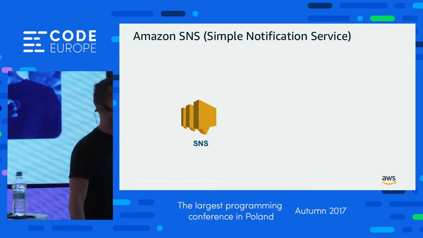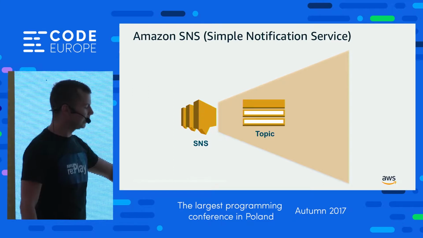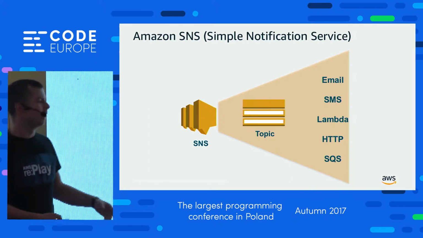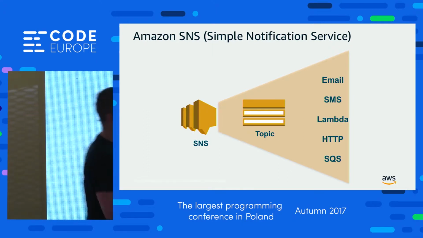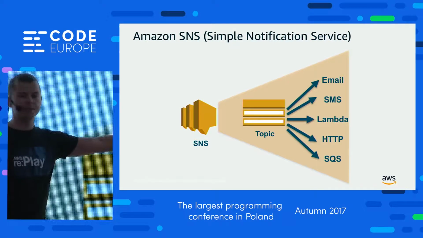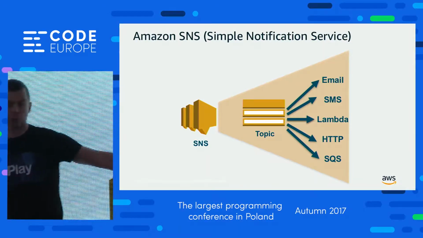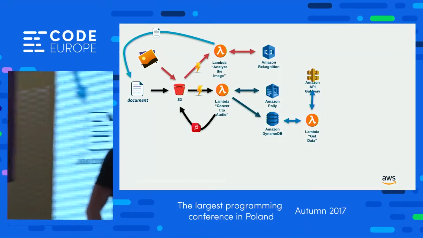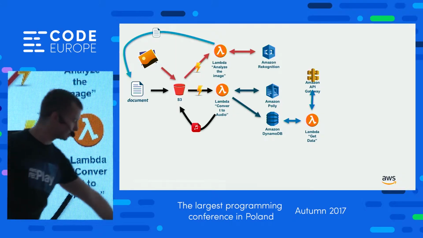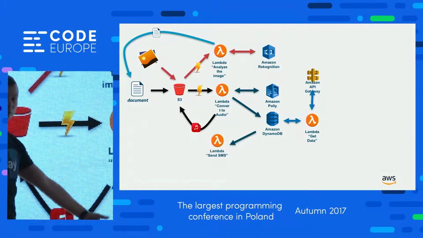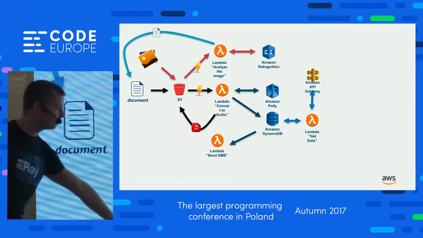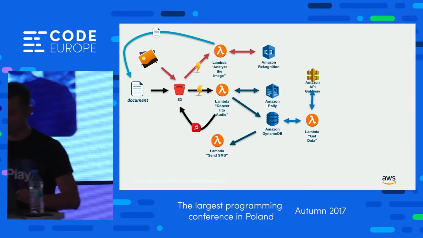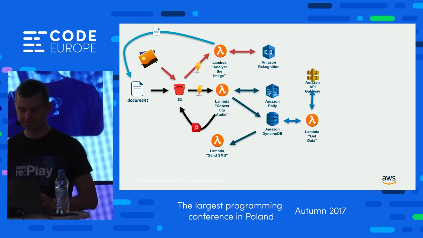So we'll use a really simple service, which is called Simple Notification Service. And in short, it's working like this, that we are creating a topic, and we can create different subscriptions. And whenever we will send a message there, then SNS will send this message to all the subscriptions which we have created. So we want to extend our application like this, that whenever there will be a new item inside our database, we'll create a new Lambda function, send SMS. It will connect to the SNS service, and it will send us SMS and maybe email. So let's do it.